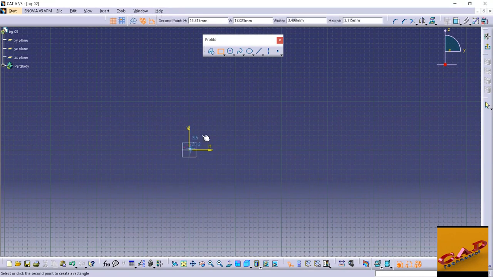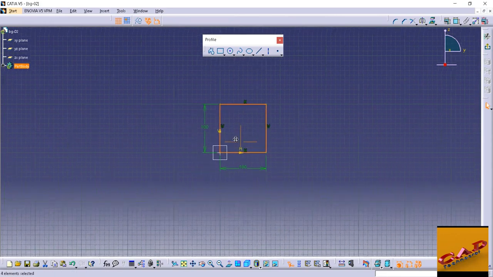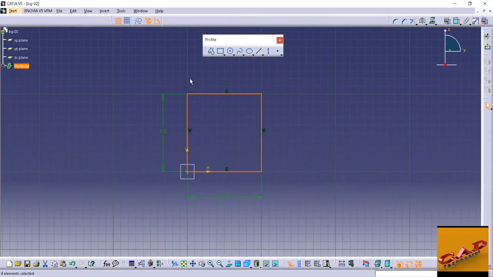Now click here, drag your mouse. Now I will press the tab button. Press tab and tab. Here you can see the current width is 170. Suppose I want to draw a rectangle of 100 by 100, so I will press 100, then tab, then put the value 100 and then enter. So here you can see this is a rectangle of 100 by 100 simply.